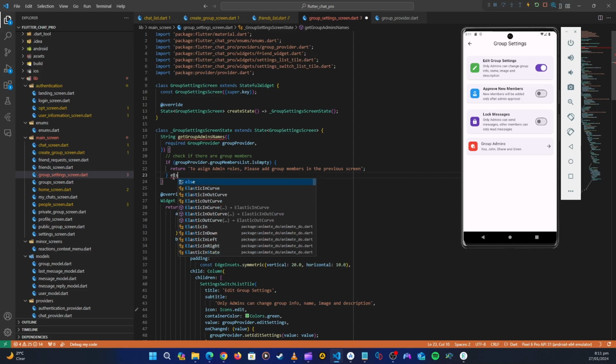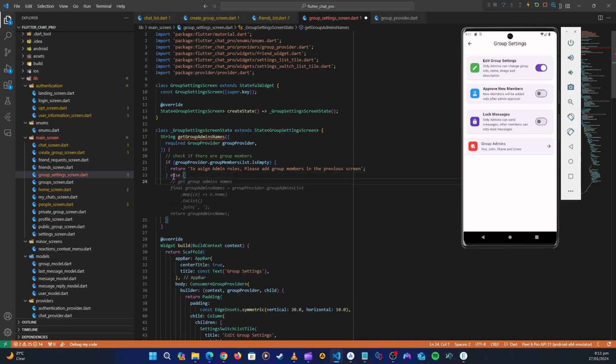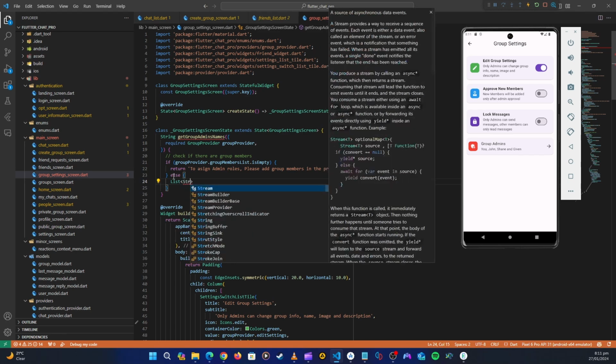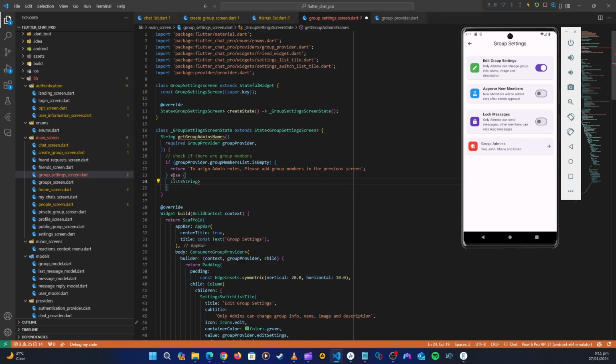And then now in the else, first of all, let's create a list where we only have us as an admin, because we are the one who's creating the group. So first let's create a list of string. This is going to be the group admins names. The first name is going to be us because we are the creator, so we are going to write you. Now that we initialized the list of the group admins,